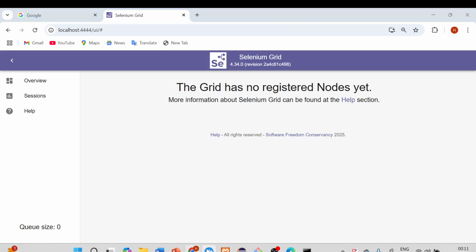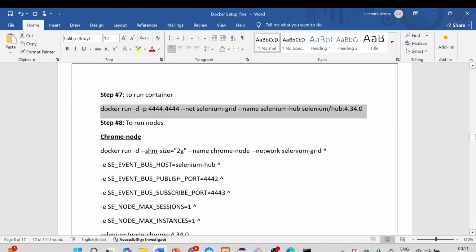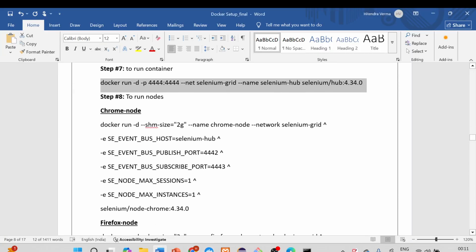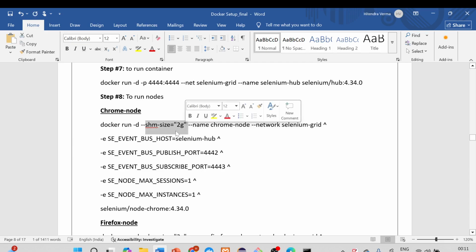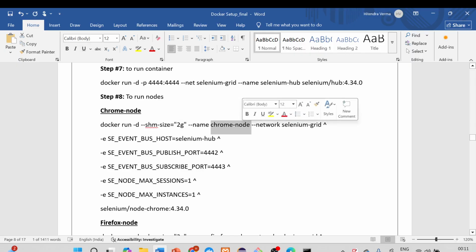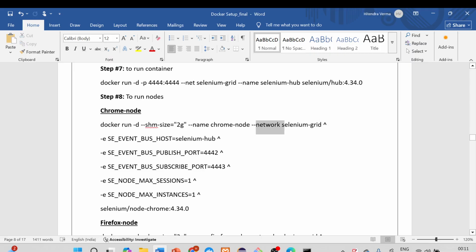So how to do it? So we have these commands. So basically we are going to use the same run command, and there are some certain parameters we need to give, like the size, right? 2 GB size we are going to use to run the instance for Chrome node, right? And simply -network Selenium Grid, the name of our network,